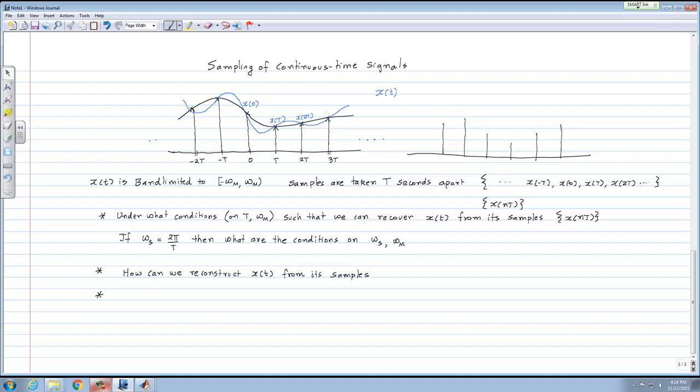Because at integer multiples of T, I know what the value taken by the signal was. So whenever I reconstruct anything, it has to match exactly what I observed at those time instants. But between those time instants, I don't know what the value taken by the signal x of t was, and I'm trying to interpolate between these values. If I just asked you this question, without you knowing any Fourier transforms, without us being in this class, if I simply ask you, I have these samples, I would like to interpolate between these samples, what would you do? How would you interpolate between these samples?